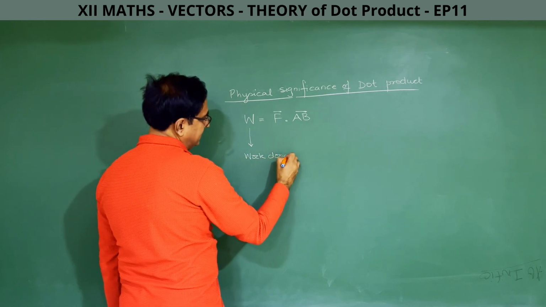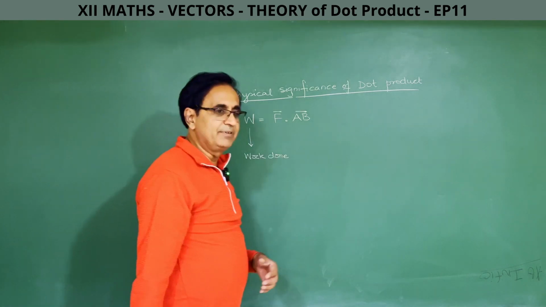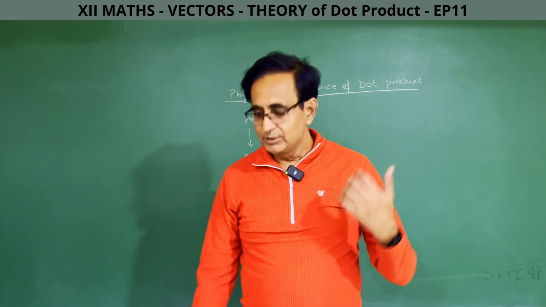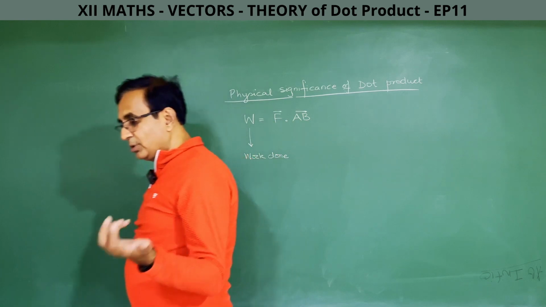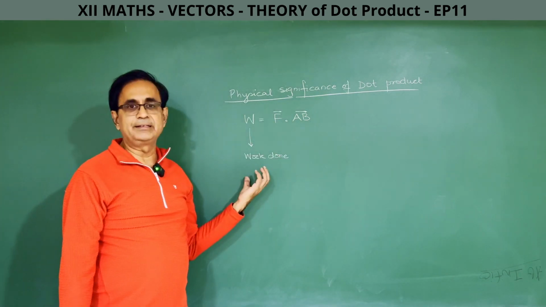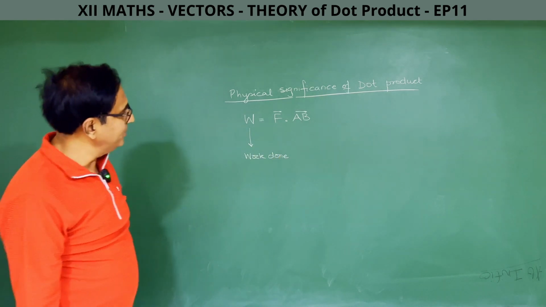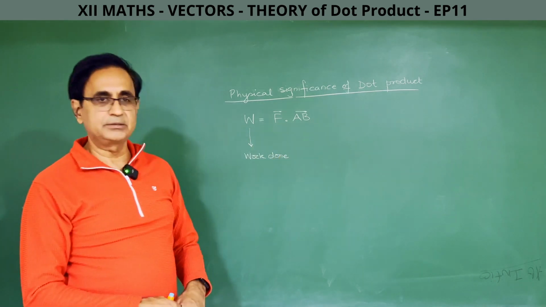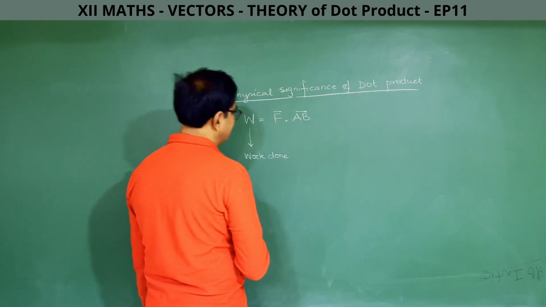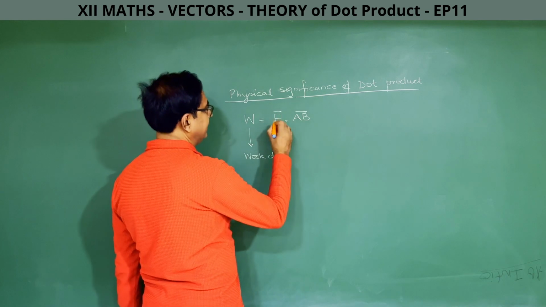ये थोड़ा सा ना injustice हो जाता है with the students who are non-physics, because physics students have done all this in class 11. So the students who don't have physics, commerce or humanities, with them this is a little injustice, and this portion normally I have not seen coming in the board exam. I have been teaching board classes for last 32 years. I have not seen this question coming, and lately it has not come for last 10 years at least.